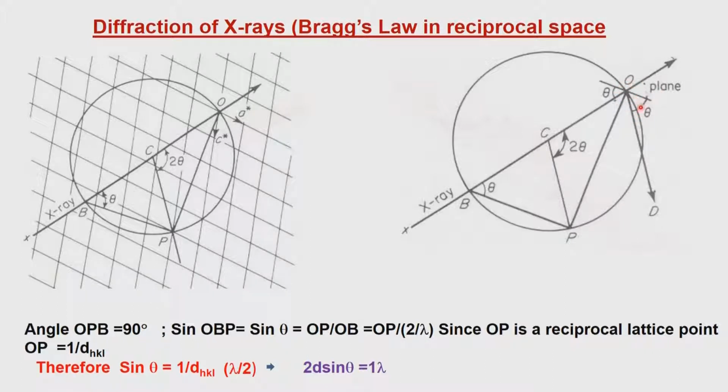So what will happen now is that since this angle is theta, the other angle is also theta, because this inside angle is 2 theta. So we have a plane. It's as though there is a plane and then X-rays went in there and reflected. Okay. So the reflection direction is along the OD. What you see is that OD and CP are parallel to each other, and therefore this now represents your scattering direction D. OD could be now equivalent of CP. If you are putting a crystal as C, CP and OD are the directions of scattering, and that therefore is clarifying the fact that it is at an angle of 2 theta.